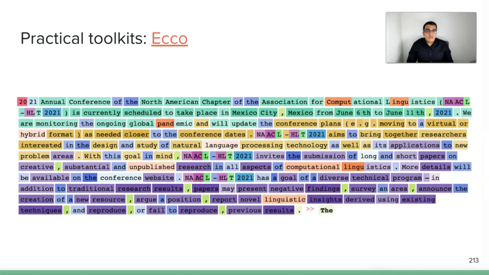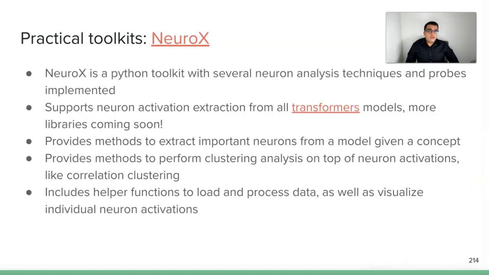Several Google Colab notebooks have also been provided with sample interaction analyses, and the source code for the toolkit itself is available on GitHub, and it's also provided as a pip module so that it can be easily integrated into your own code bases. The final toolkit we'll look at, and we'll go a little bit deeper into this,